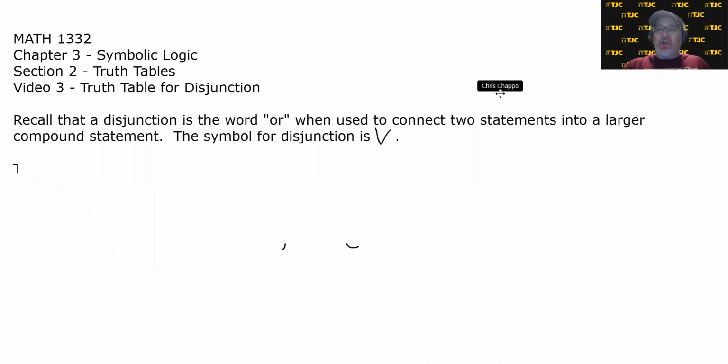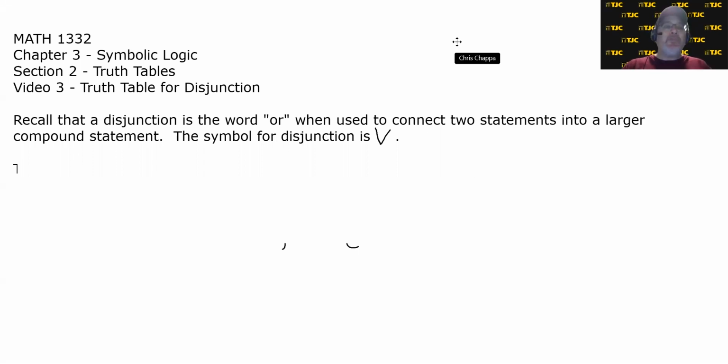This video is going to look almost exactly like the previous one, the Truth Table for Conjunction. So if you haven't watched it, I recommend watching it first. All I had to do was change the words conjunction to disjunction, change a few symbols, change a few trues and falses. So if you just got finished watching the previous video, this one's almost going to sound the same,